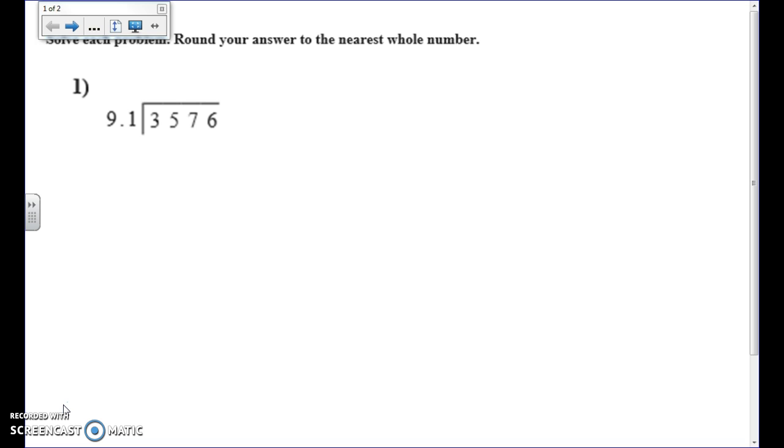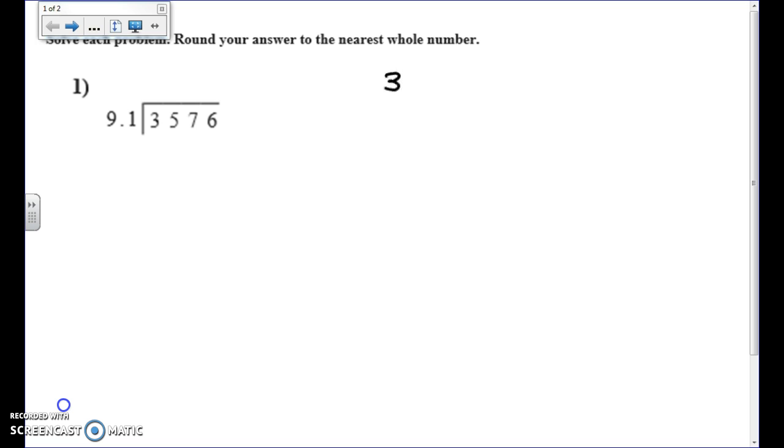And in that video, I tried to make it as clear as possible that before we divide anything with a decimal in it, we want to make sure that our divisor, or number outside the division, is a whole number. In order to do that, we're going to have to move the decimal place. However many times we move it on the outside, we're also going to have to move it on the inside. The reason for that is because we know about fractions, and if I were to write this division as a fraction,